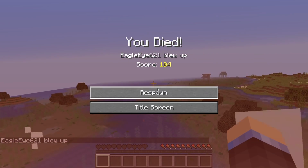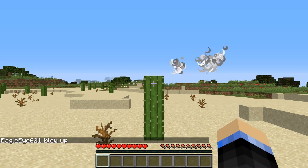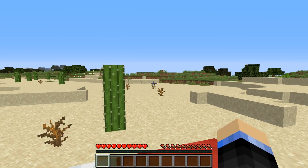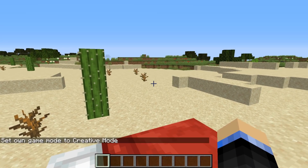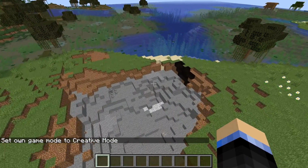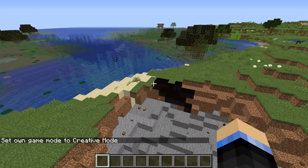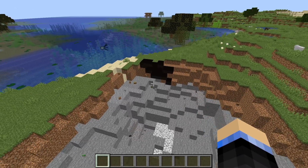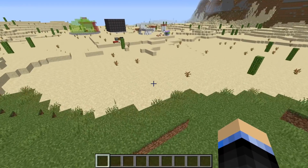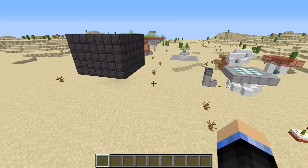Oh. Maybe it was a sacred special tree? And this has been some terrible acting with Eagle-Eye621. I hope it wasn't a sacred tree, because the tree is now gone. But anyways, that's been some terrible acting with Eagle-Eye621, because we are here to talk about the Sculk Sensor and